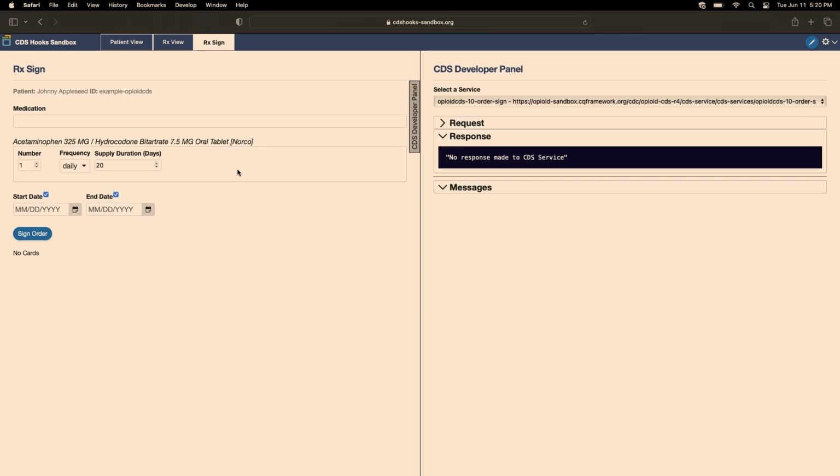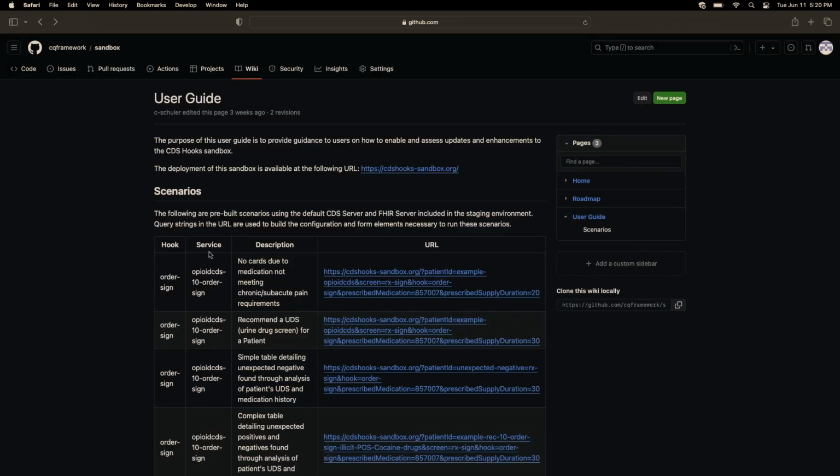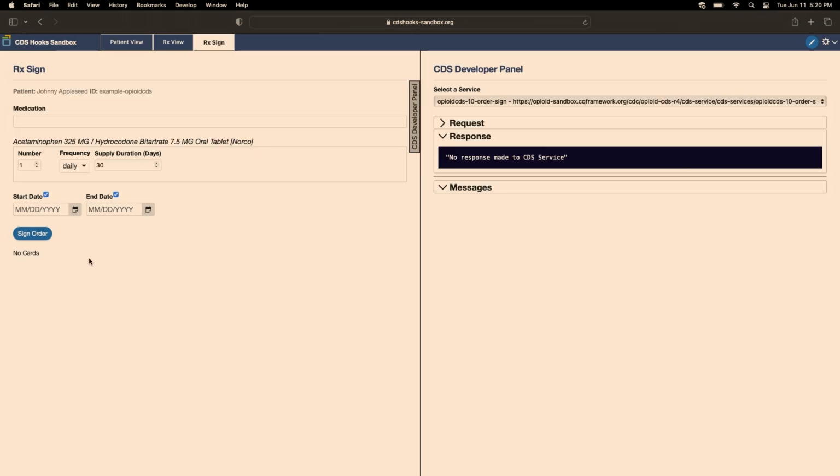And this scenario should just return some empty set of cards. As soon as you select sign order, you'll see that no cards were returned, and that's expected. So now we can go back and select another scenario. This one is a scenario where it will recommend a UDS is performed for the patient. So you can just click on this scenario and then hit sign order,